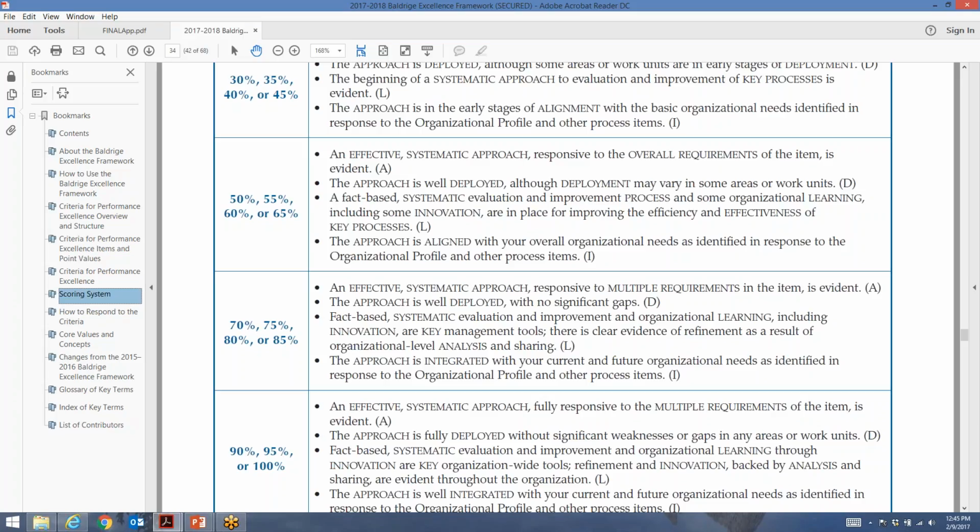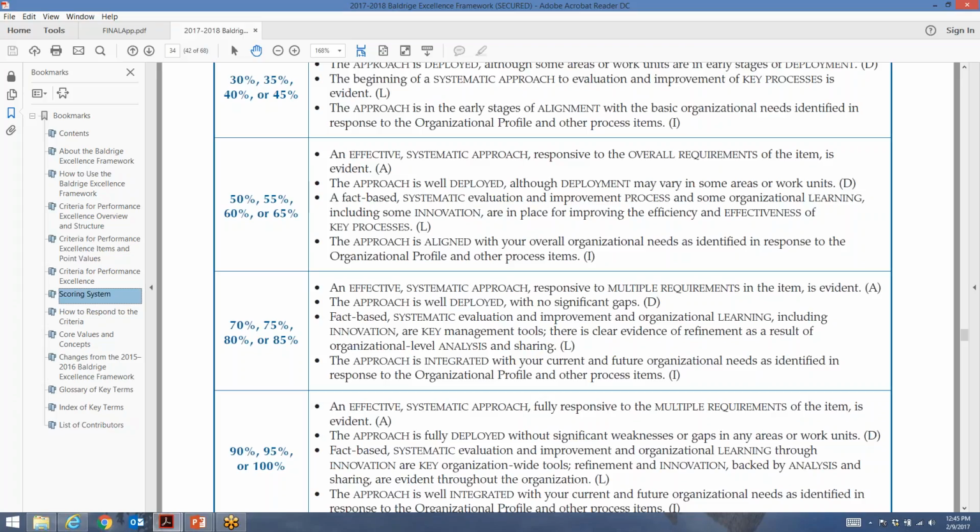Now, well deployed is in the eye of the beholder. Maybe it was well deployed, maybe it had some gaps, but that's just, hey, we've got a strategic planning process, or we've got a, let's not use that one, we've got a workforce performance management process. It's well deployed and it's gone through multiple cycles of improvement.